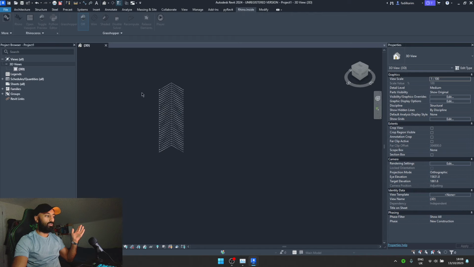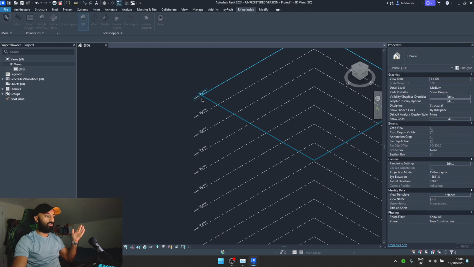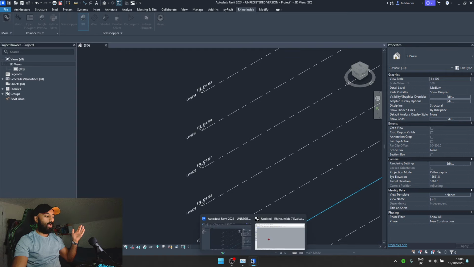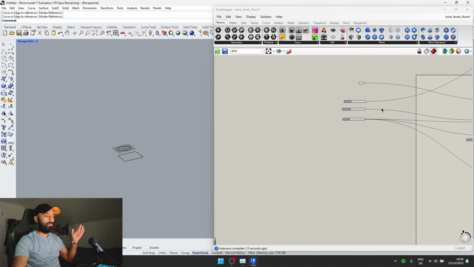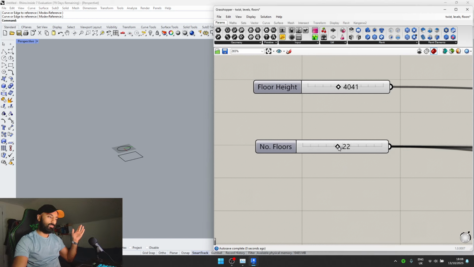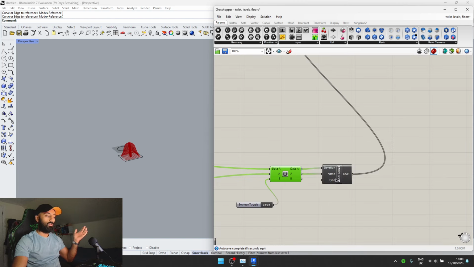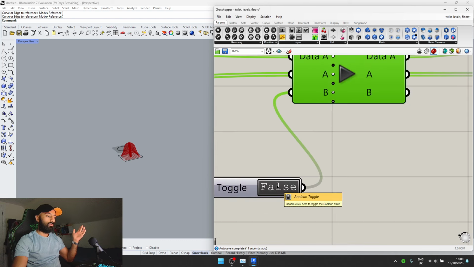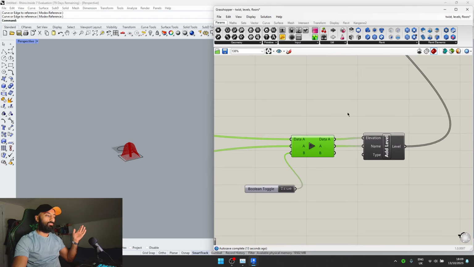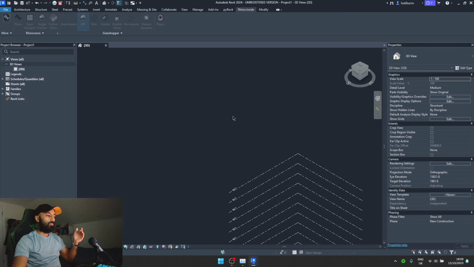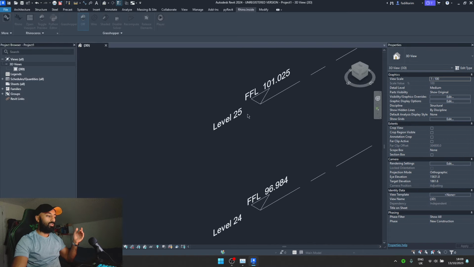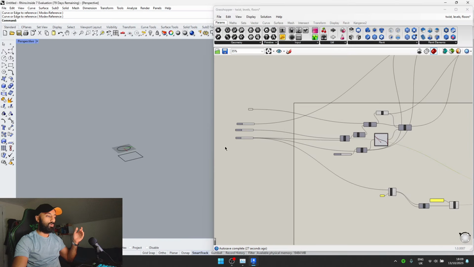Now, if I minimize this, look at Revit, boom, levels done, 31 levels. As I said, here, I wanted 22 levels. Yeah, so after connecting it, I should say you should hit play, and that will do it. Now after clicking play, double click this, to prevent it from sending more data. And now we have 26 levels, obviously including level 0, just the same as what we asked it to do,